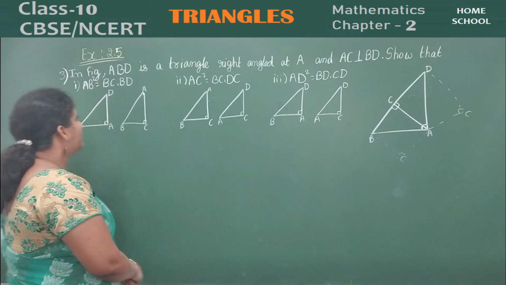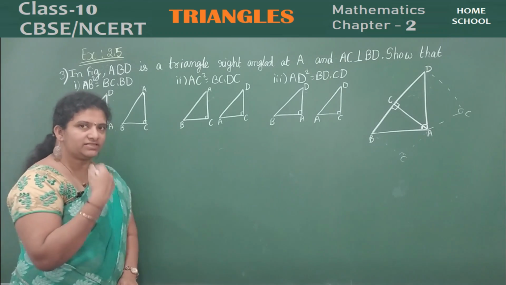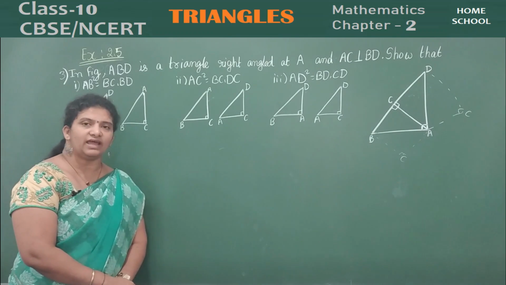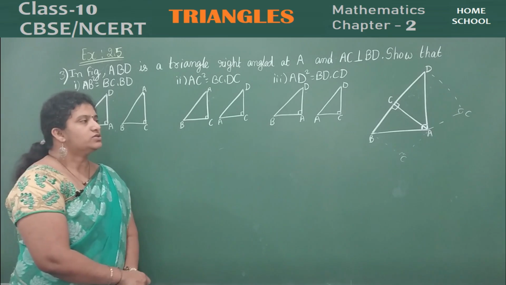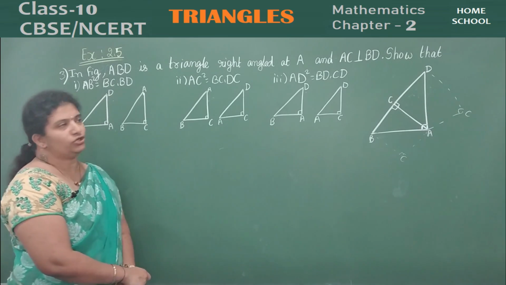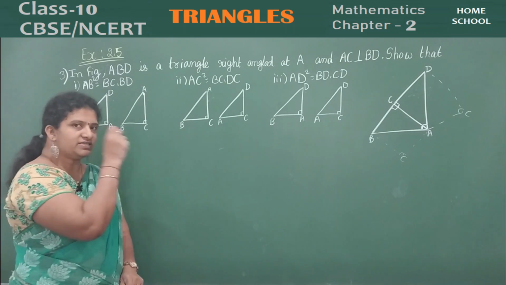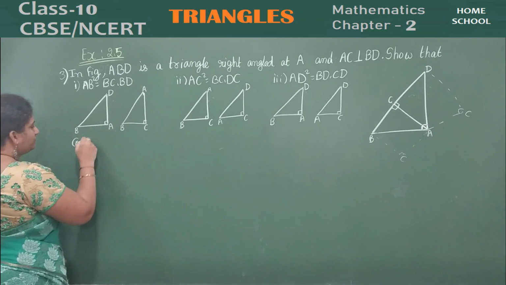Okay, so I didn't write here the given data, children. The place won't be sufficient. I will just say the given data. What is the given data? ABD is a right angle triangle, right angled at A. Okay, so now let us consider to prove. Write all the three cases. Proof. First case I have considered here. So write here.